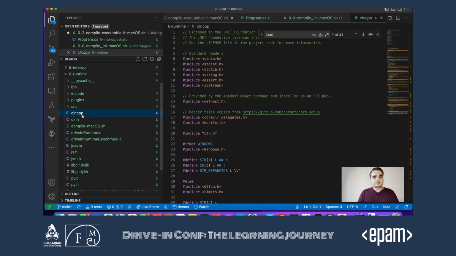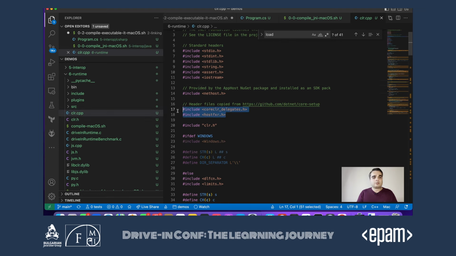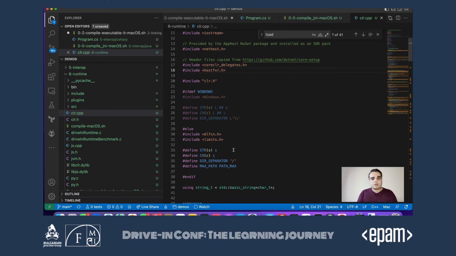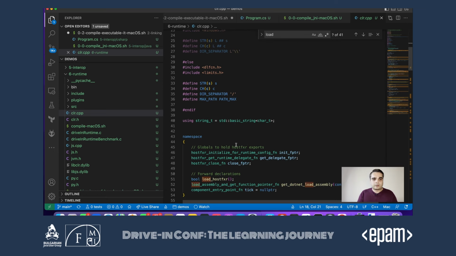And for COR, it's a little bit more involved, but again, because we have the headers, I'm just using some code from Microsoft here. We know when to look into the hostfxr library to be able to load a COR host the right way.